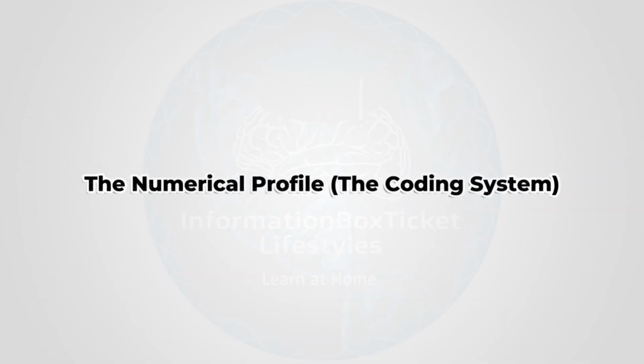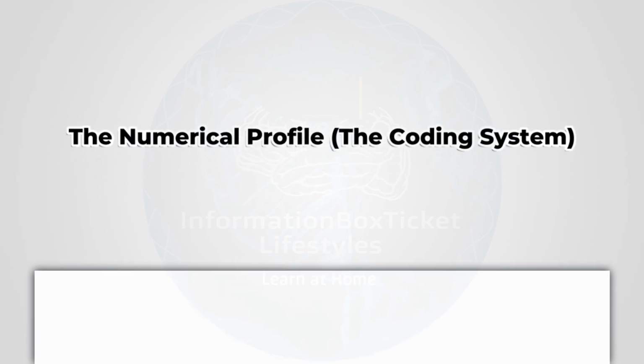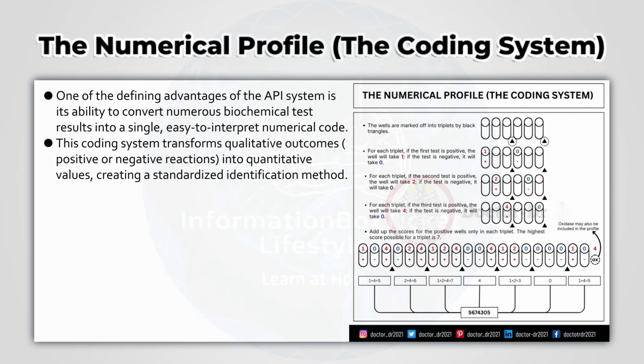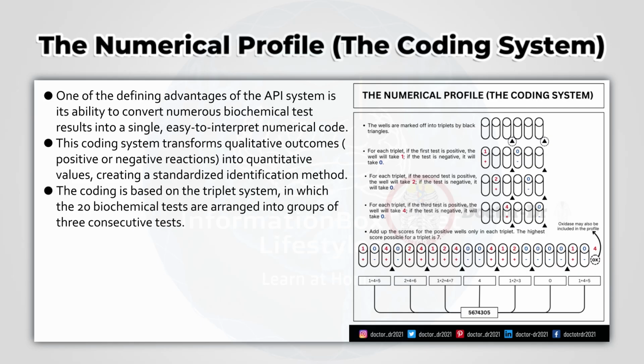The numerical profile, the coding system. One of the defining advantages of the API system is its ability to convert numerous biochemical test results into a single, easy-to-interpret numerical code. This coding system transforms qualitative outcomes, positive or negative reactions, into quantitative values, creating a standardized identification method. The coding is based on the triplet system, in which the 20 biochemical tests are arranged into groups